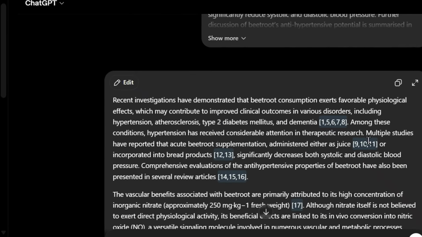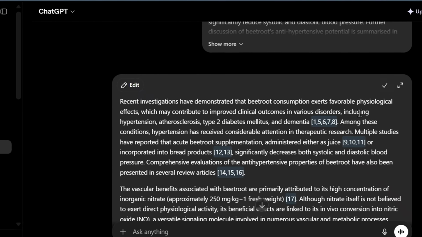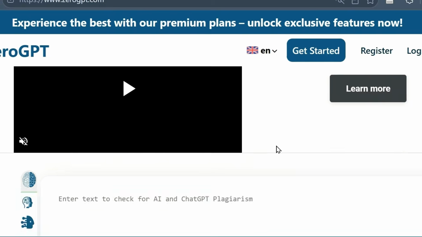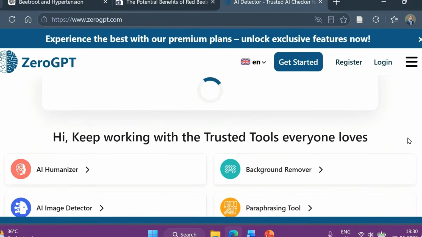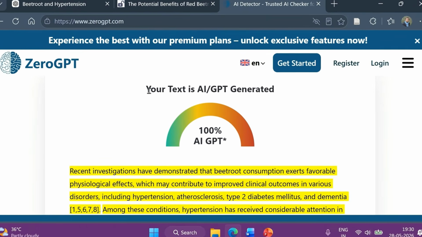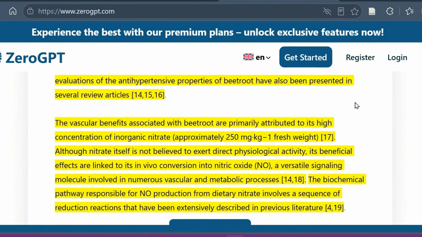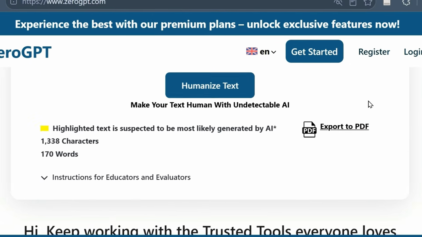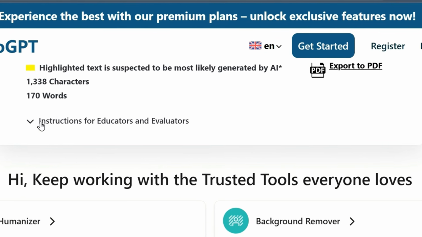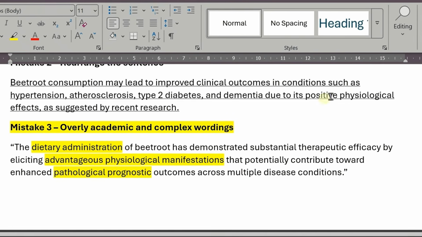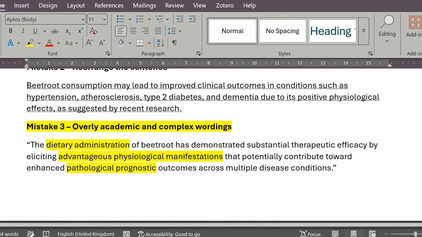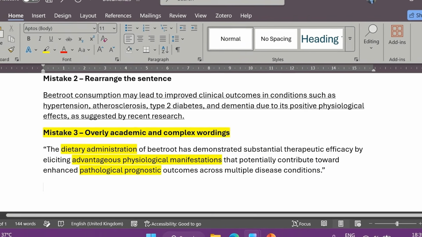The problem is that although the wording looks different, the underlying structure and presentation of the idea often remains very similar to the original paper. That's exactly why plagiarism checkers and sometimes even AI detectors can flag this type of writing. What's even worse is that careless paraphrasing or AI rewriting can unintentionally change the original scientific meaning or make the text more complicated than it needs to be.